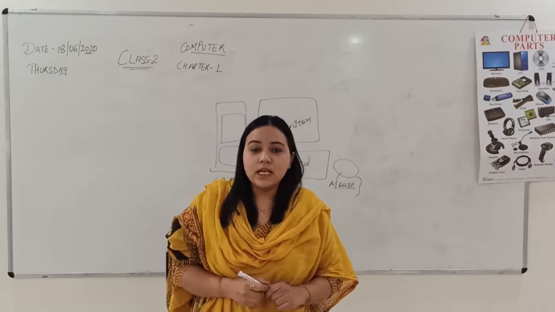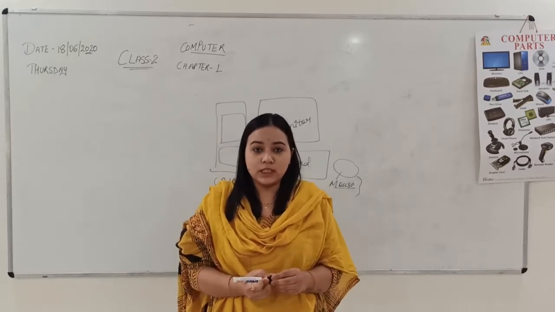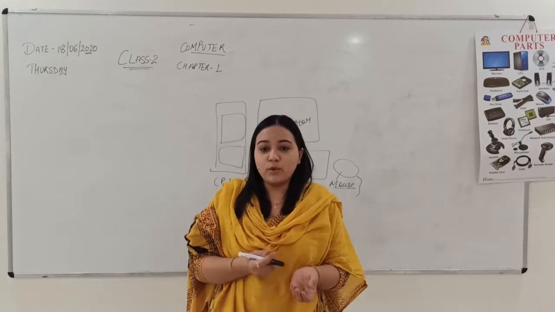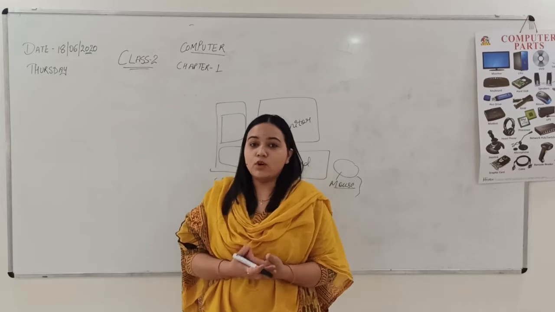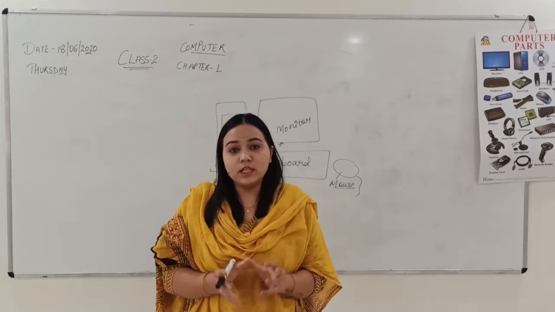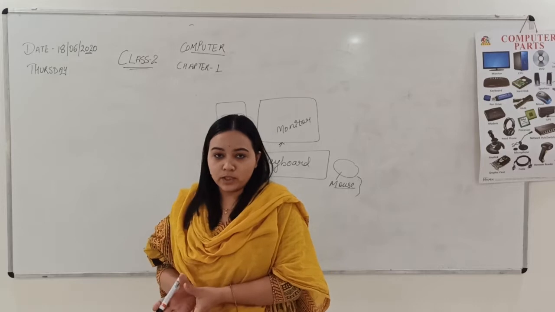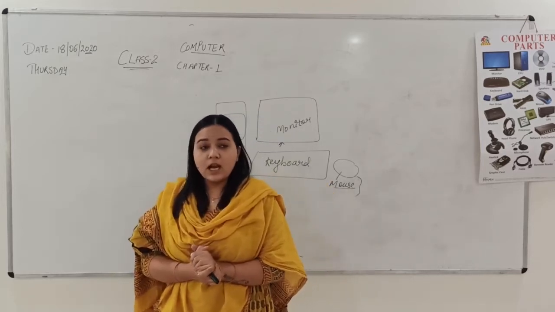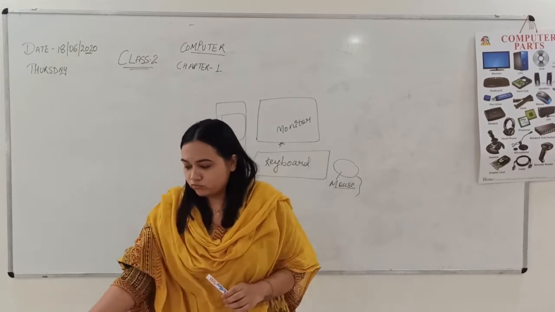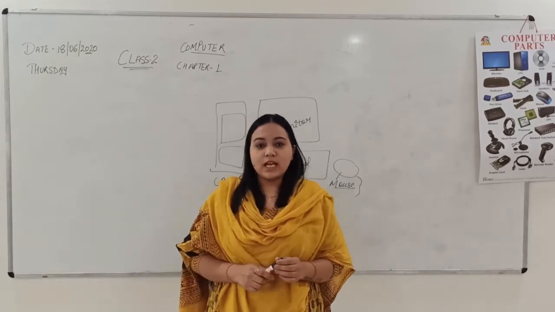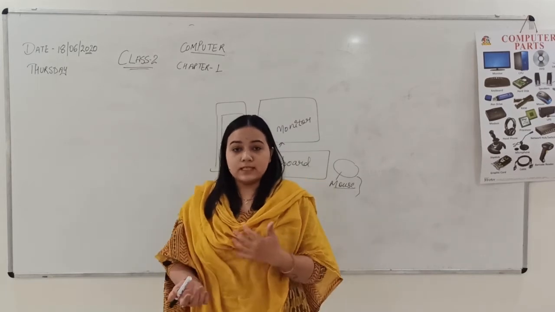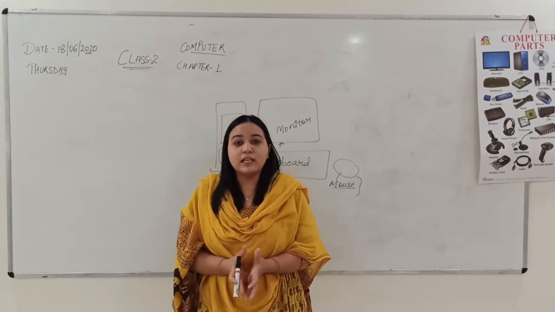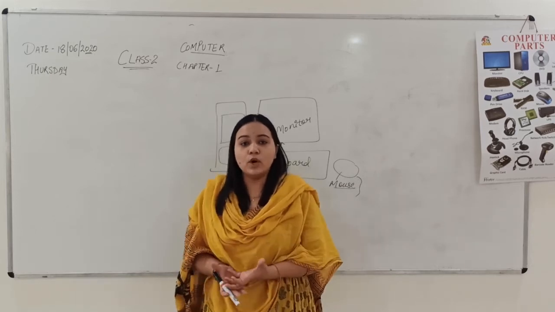A computer is basically an electronic machine or an electronic device. A computer is called an electronic device or machine because it runs on electricity. We need electricity for a computer to start and work. That is why it is called an electronic device. And it also takes instructions as inputs and then processes those instructions and then gives us the desired result or outputs.